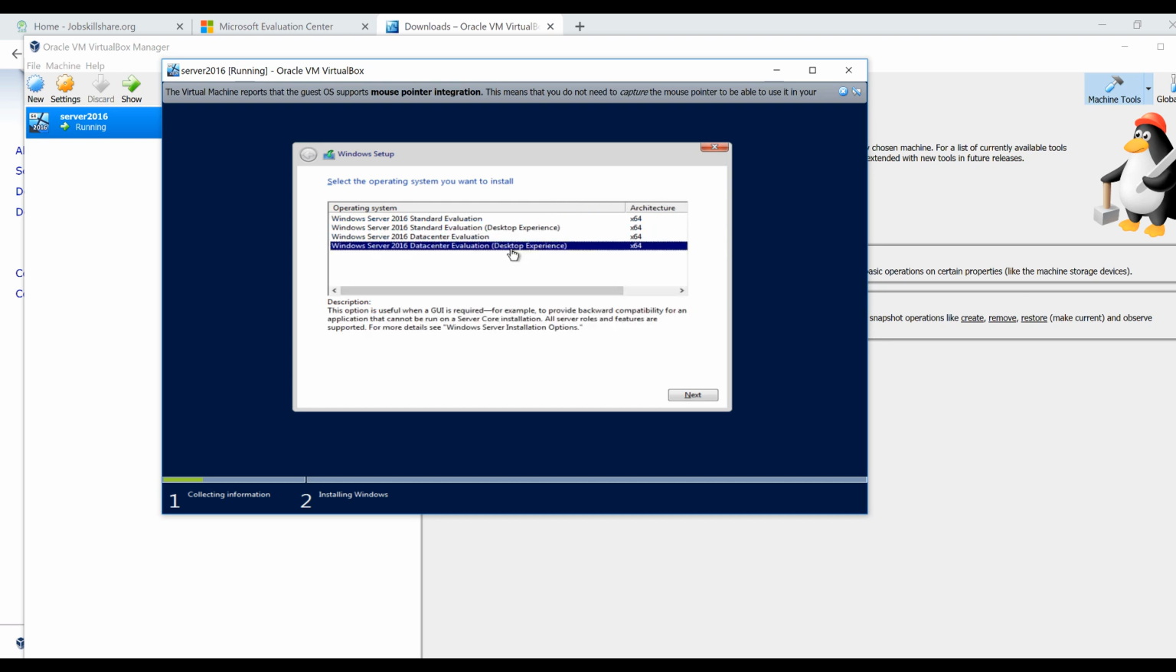So here we need to have a desktop because we need a GUI. If you don't, you're not going to see the GUI, which is more of everything you see, and you need PowerShell skills to run a lot of things. So you need to actually pick this one, okay? And then you're going to click on next,